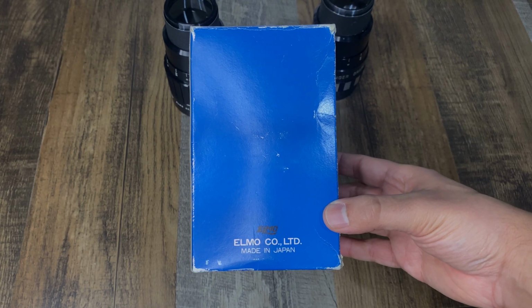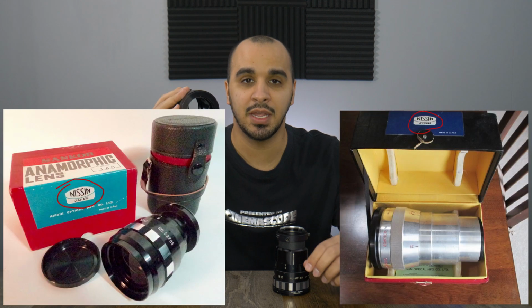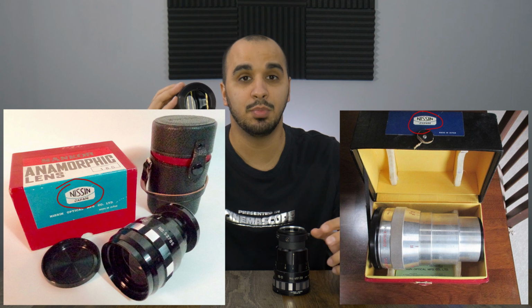Both of these lenses are made in Japan, as well as a lot of other anamorphic projection lenses. As you can see, it says it on the box. It even says it on the lenses themselves. The builds on these lenses are 90% the same design, and they're made by a company named Nissin, but branded